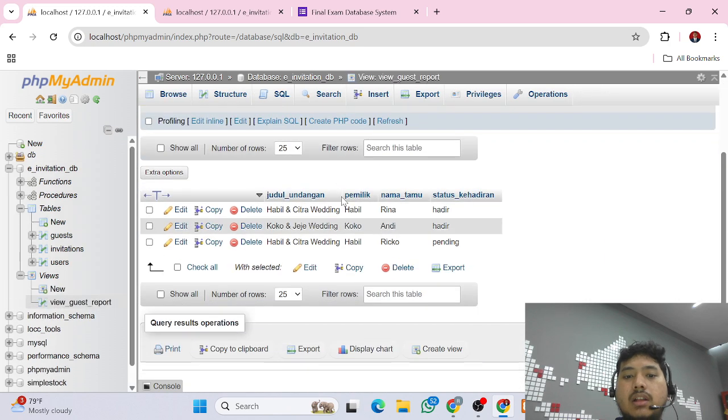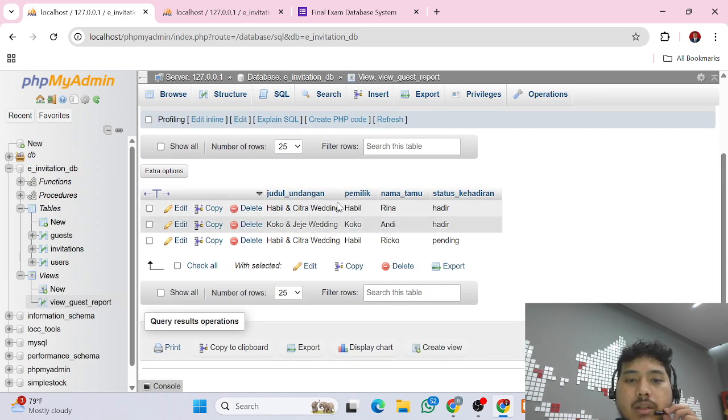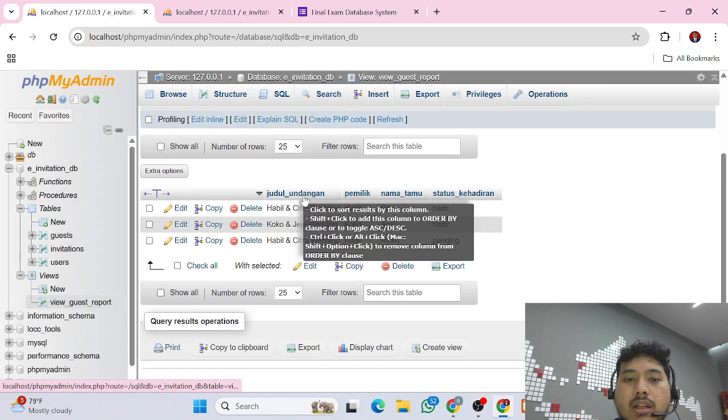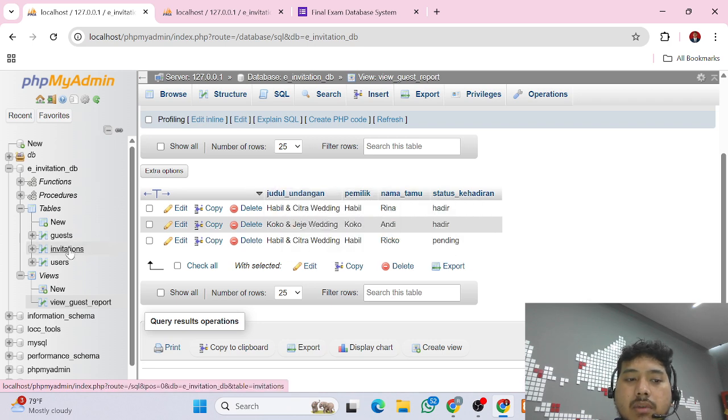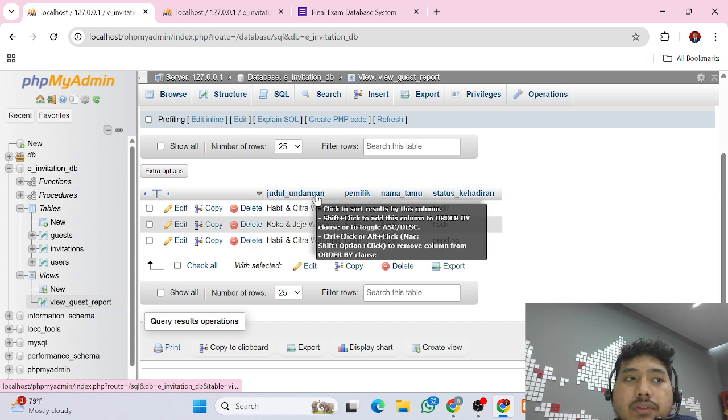And then this is the report. We can see the title of the invitation from the invitation tables, and then we have new tables in here for views, for view guest report. And then we have functions in here, we have procedures. So this is the view guest report.